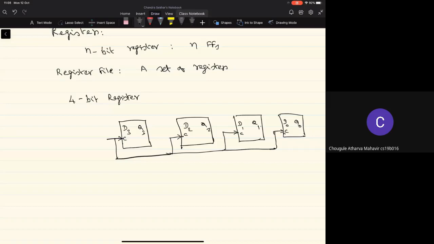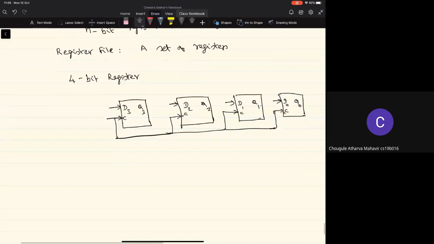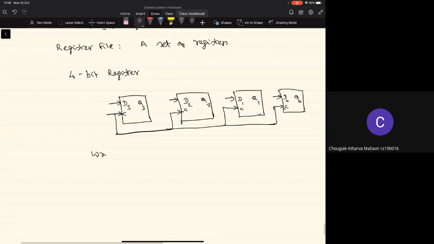Right? So now you see that we have just put together 4 flip-flops together, and all of them are connected through the common control signal here. And now, what are the 2 operations that we are interested in doing on this register? Typically, we are interested in writing data into the register.